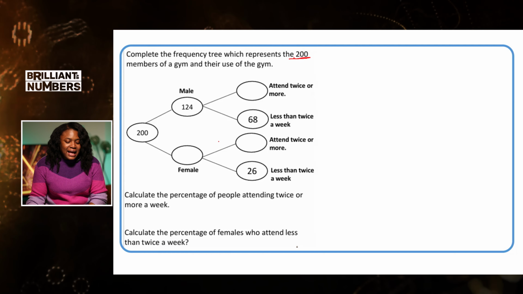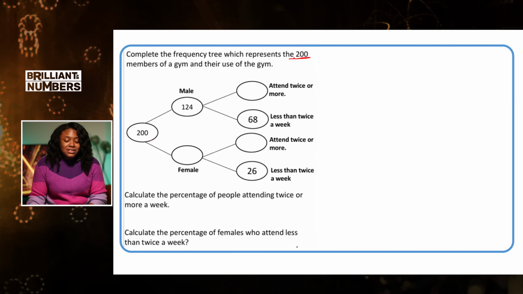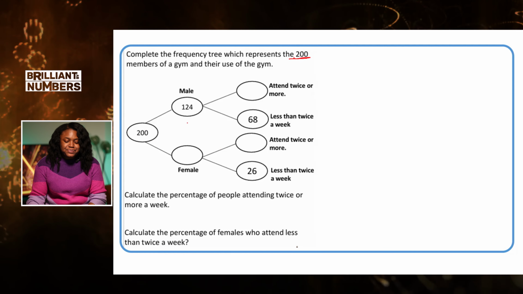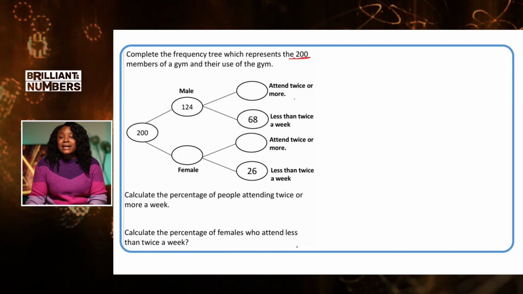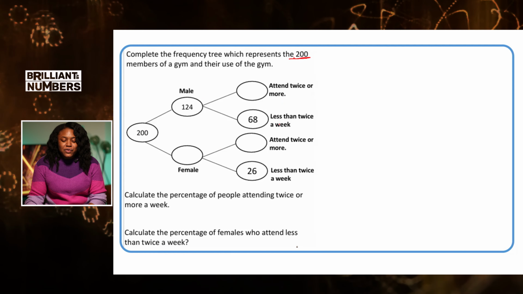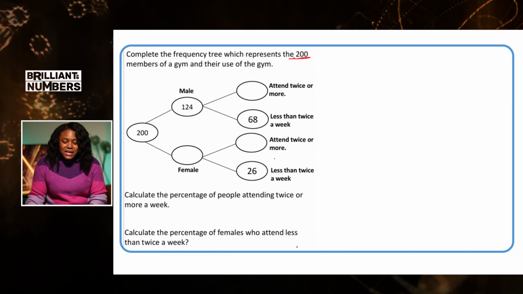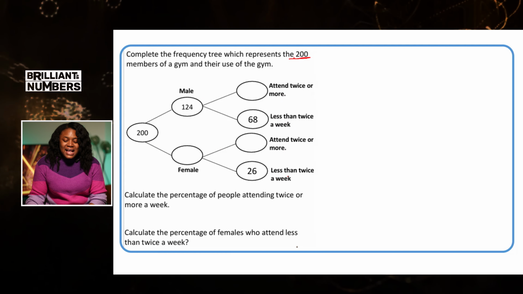So we're given the diagram here. We can see that the total is put in for us, which is 200. We've got male and we've got female. Also, we have those people who attend twice or more. Then we've got males who attend less than twice a week, females who attend twice or more, and less than